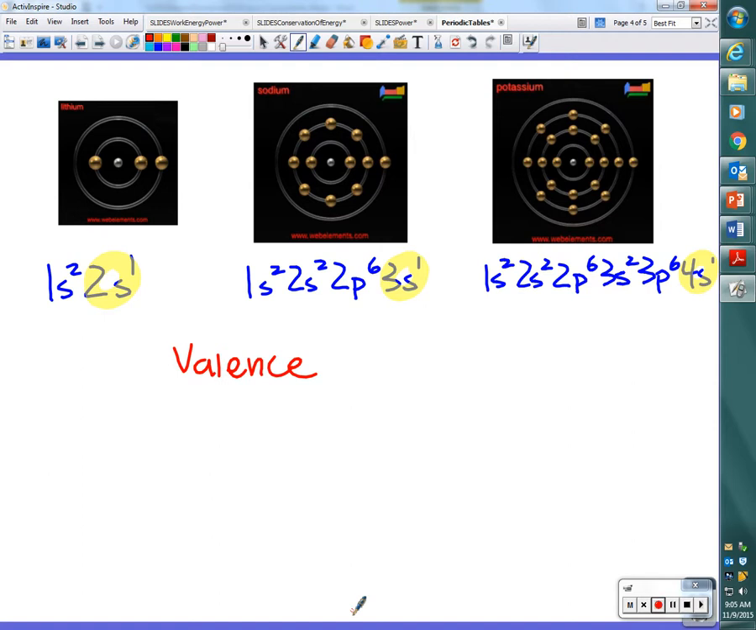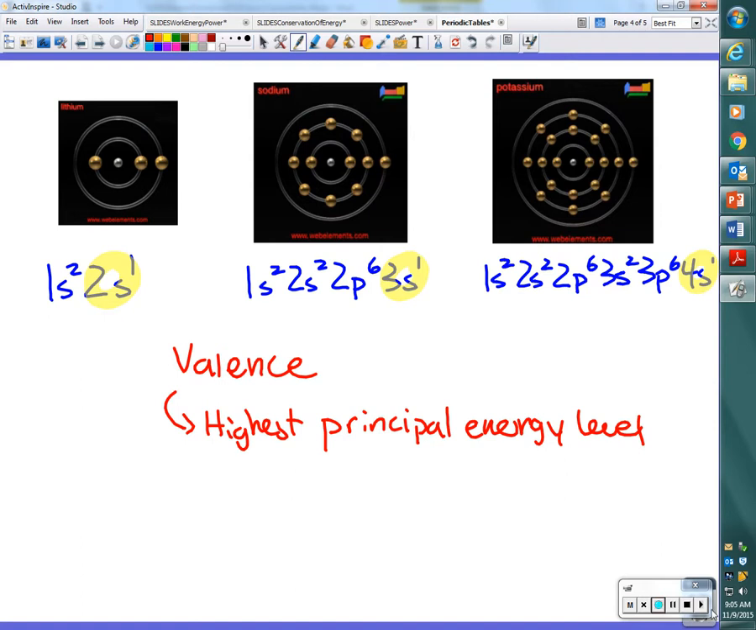Those are valence electrons because they are in the highest energy level that atom has. Okay? So valence electrons are in the highest, if we want to start adding terms from before, principal energy level. Okay? Valence electrons are electrons in the highest principal energy level. Okay? Now, more important to this discussion,